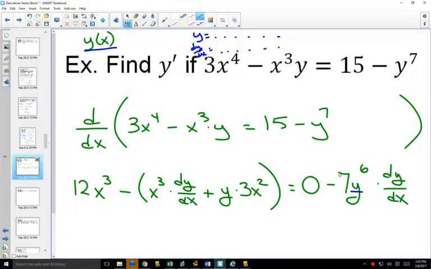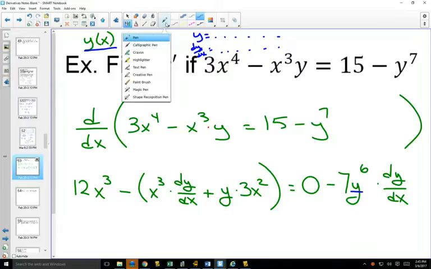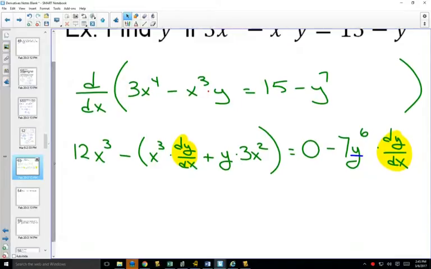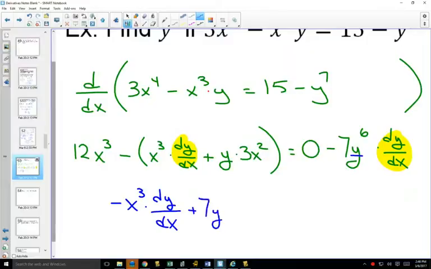Now we have to use our algebraic skills to try and get this dy/dx, which is here and also here, by itself. And since they're just single things where they are, all you're going to have to do is like you did for solving for x. You're going to bring all the terms with the dy/dx to one side of your equation. So if I were to do that and bring them all to the left side, do you see that I'd have a negative x cubed dy/dx? And if I brought this one over, I'd have a plus 7y to the 6